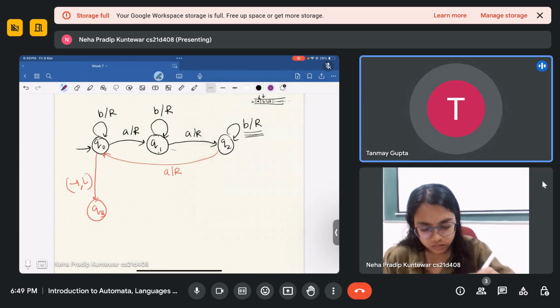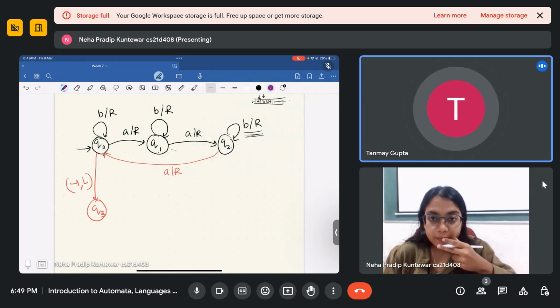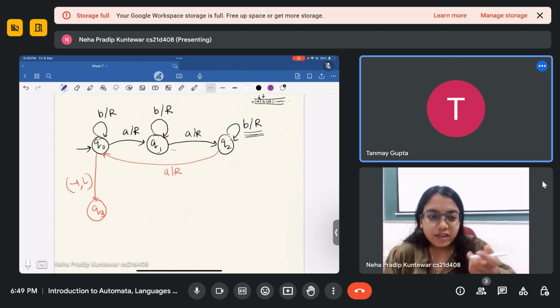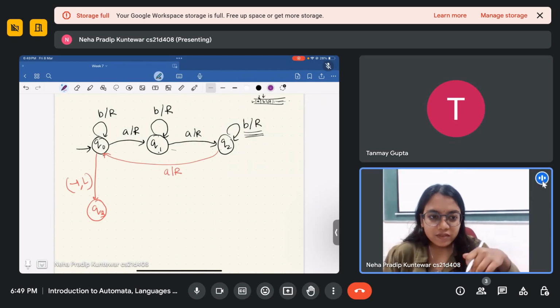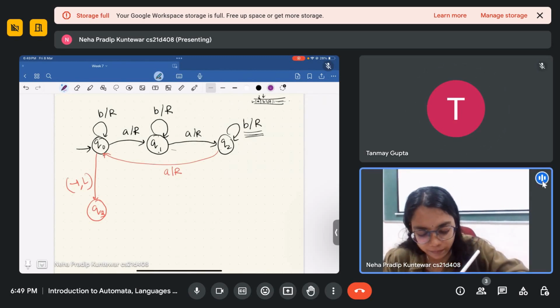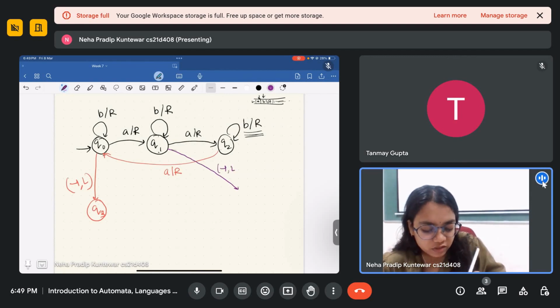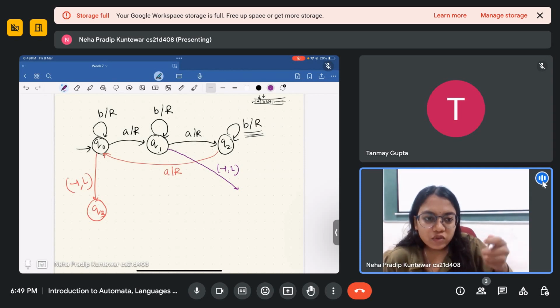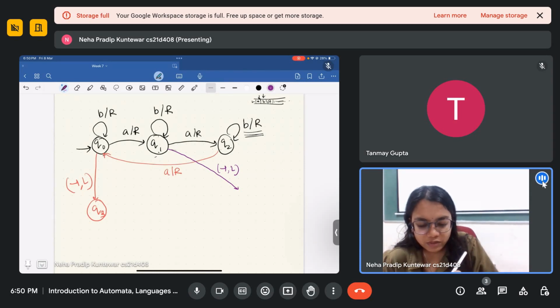If we move from Q0 to Q3, then it will move only once, no? Yeah, exactly. I have not drawn the whole thing. We will do it together. But from Q1, let's say you see that the input has finished. But what does Q1 say? Q1 says that the number of A's that you saw is a multiple of 3 plus 1, because that is what